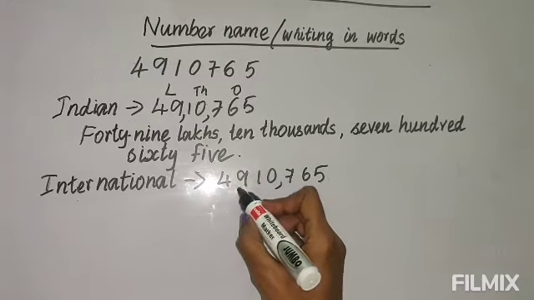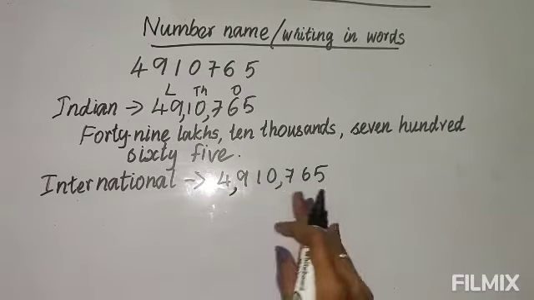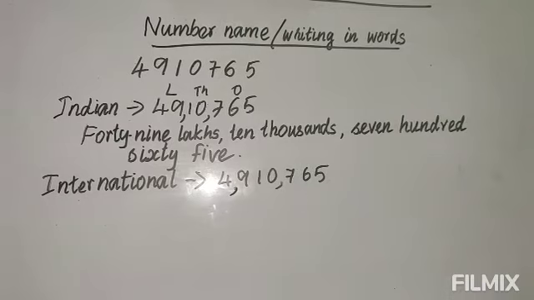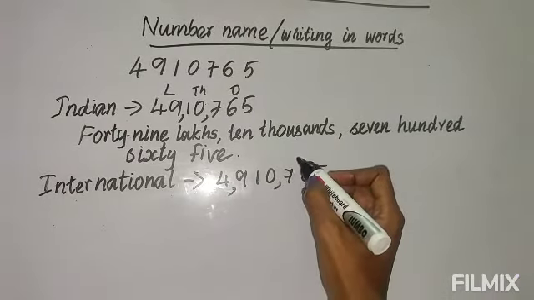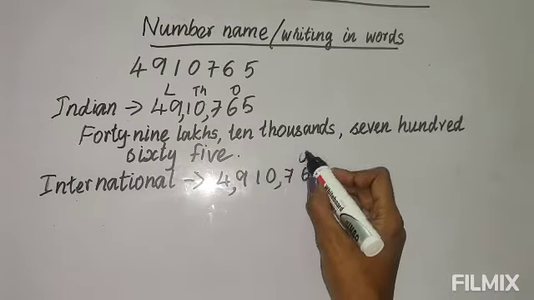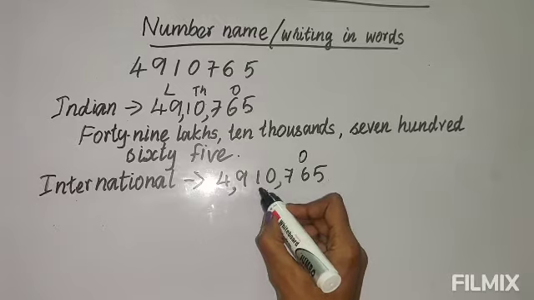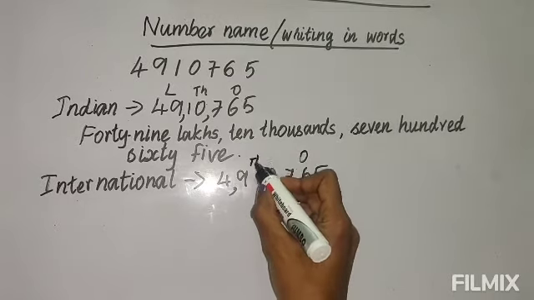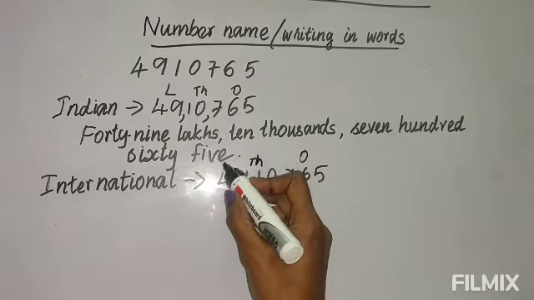Again 1, 2, 3. After this we put a comma. So now you write the periods on the top. That is rough work only, you don't do it like in the fair copy. When you write it, this is rough work only. See, the first 3 places is the ones period. The next 3 places is the thousands period, and the next one is the millions period.